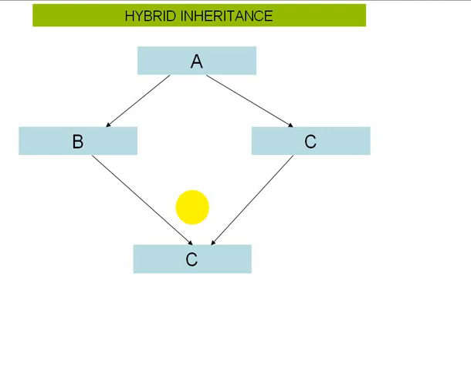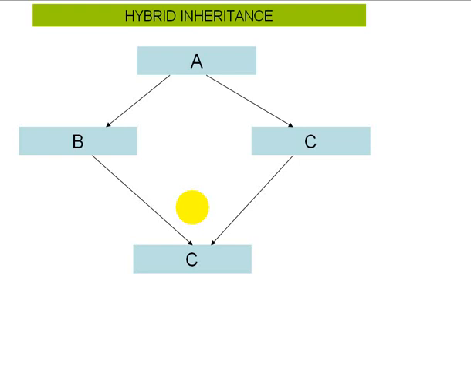The visibility mode is optional and, if present, may be either private or public. The default visibility mode is private. Visibility mode specifies whether the features of the base class are privately derived or publicly derived. When the base class is privately inherited by a derived class, public members of the base class become private members of the derived class. Therefore, the public members of the base class can be accessed by the member functions of the derived class. They are not accessible to the objects of the derived class.